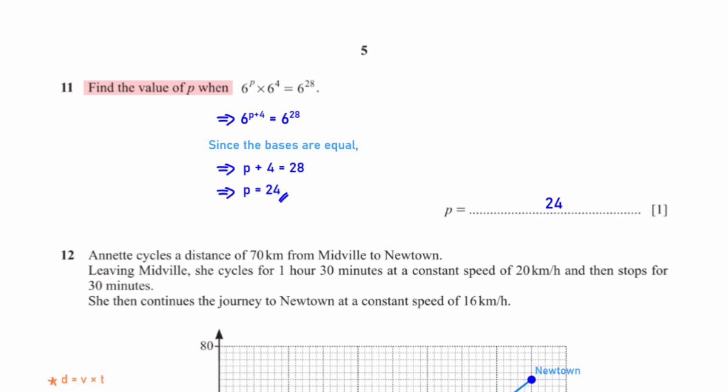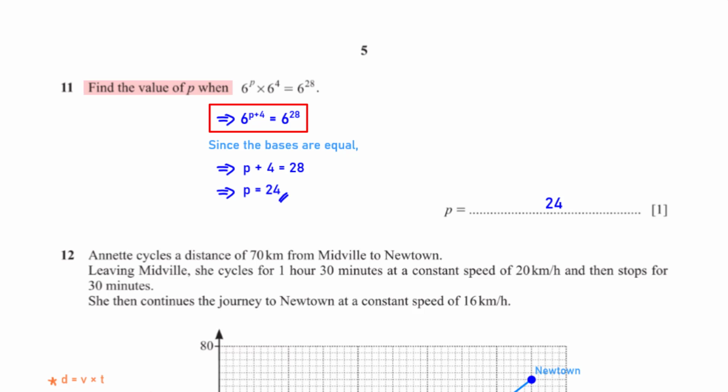Find the value of P when 6 raised to the power P times 6 raised to the power 4 equals 6 raised to the power 28. Since these two have the same base and they are multiplying, their powers add. So we have 6 raised to the power P plus 4, which is equal to 6 raised to the power